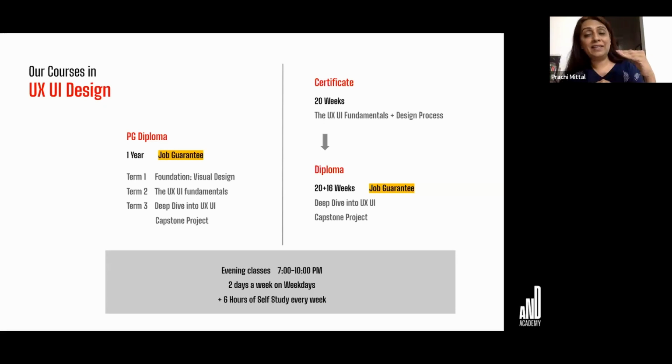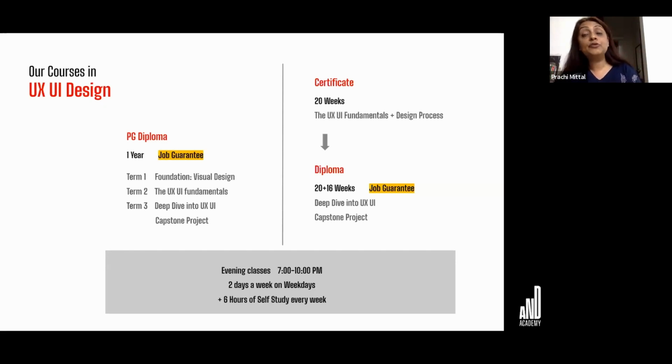If you do not have a year to learn, you can start with our shorter course, which is the certificate level course of 20 weeks, in which you will be introduced to UX UI fundamentals and design process, right? You will do 2 projects of a simple product. So you'll do the UX, you'll do your task flows, you'll do your wireframes. In the other project, you will do the UI of a simple product.